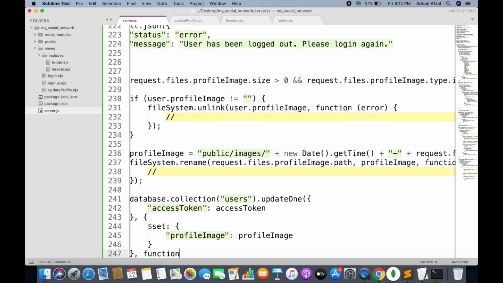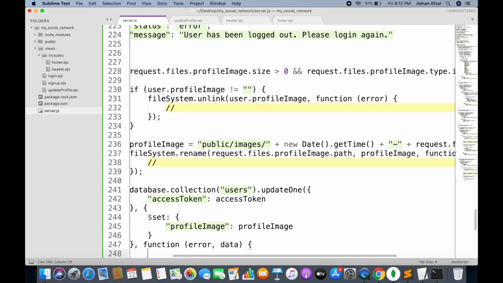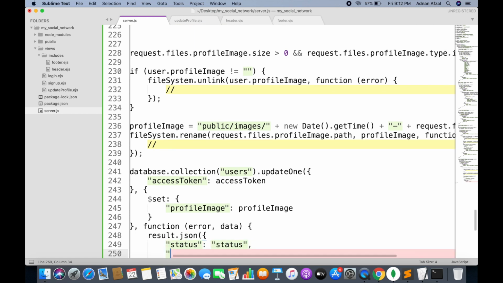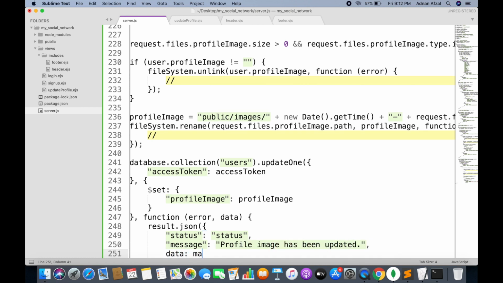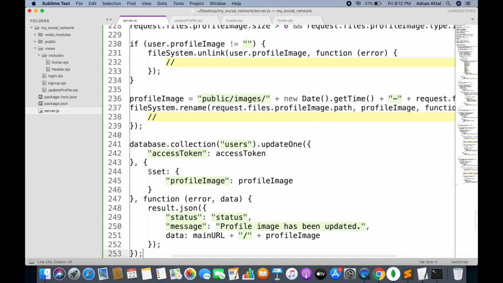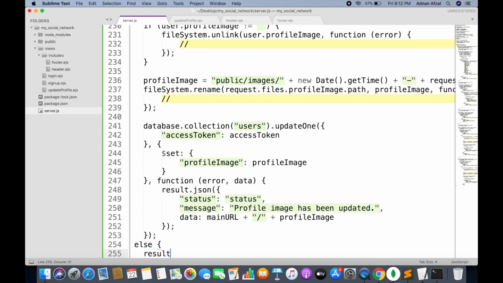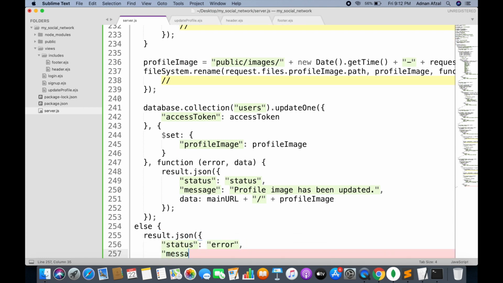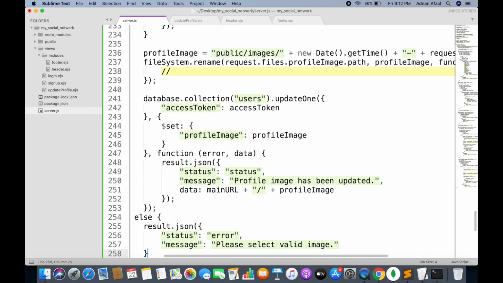And this will be the callback that will be called when the profile image is successfully updated. We are simply sending the response, and we are also sending the updated profile image so he can display it in the image tag. And if the user has selected any invalid file format other than an image, then we are also displaying an error message to him.